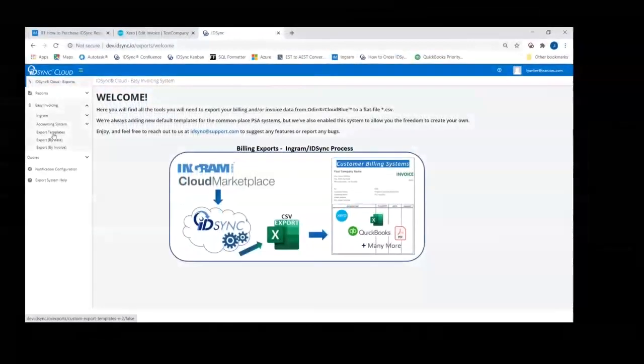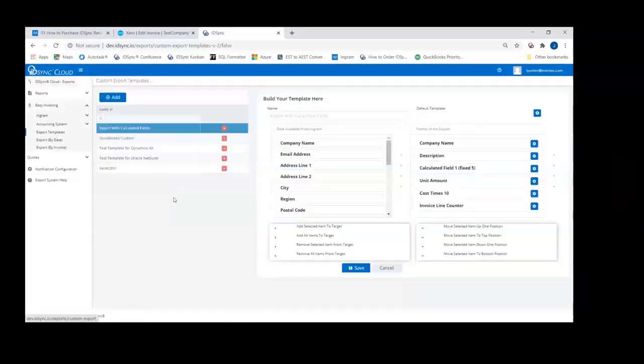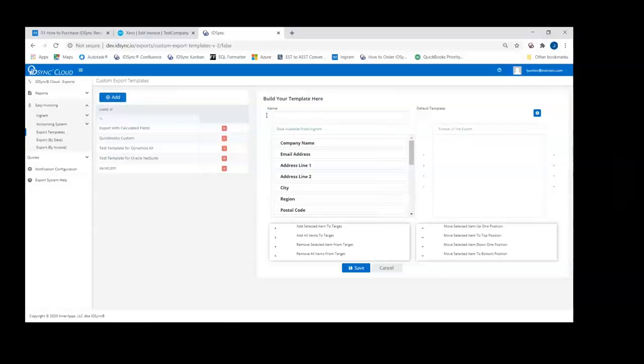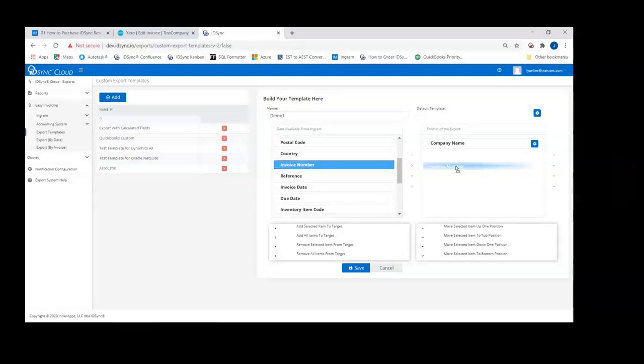Okay, one of the things that Marty talked about was templates. So being able to build the template that matches the requirements of your accounting system. So we'll just click add here. We'll call this demo 1. And as he mentioned, down here are the data fields available from Ingram. And I can just push those over to the right side, which will become